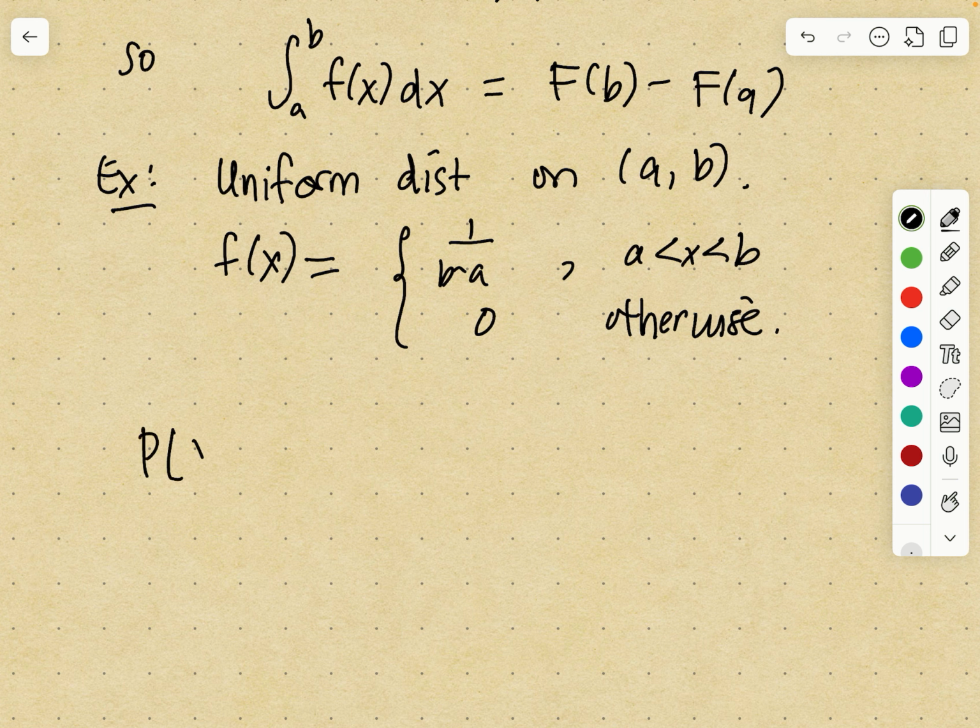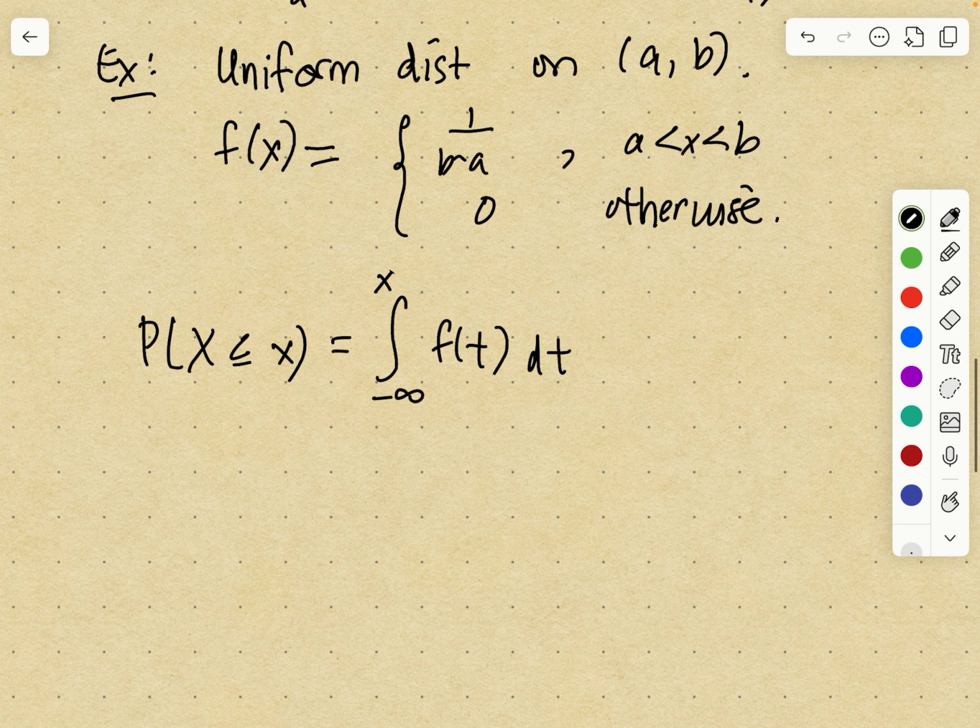Well, it's the probability that X is less than or equal to little x, and that's the integral from minus infinity to x of f of t. And when you draw the graph, this function is just this, right? That's the graph of the density function. And so the integral is equal to